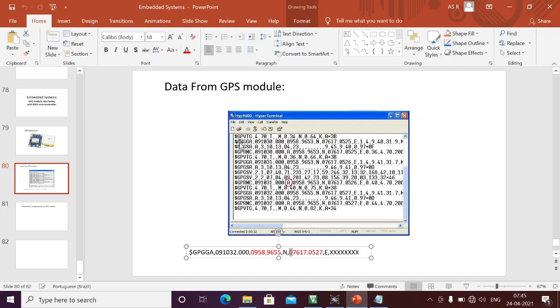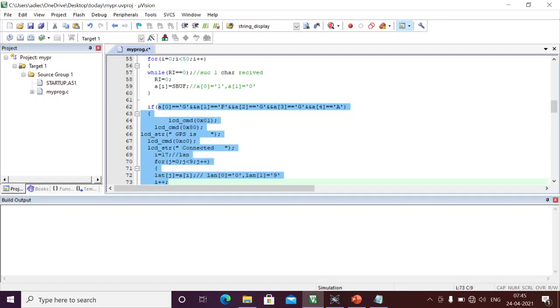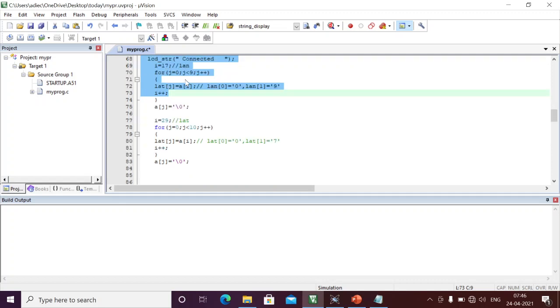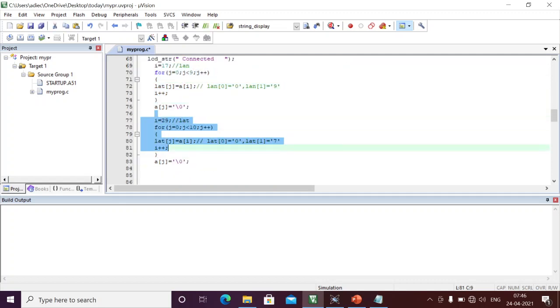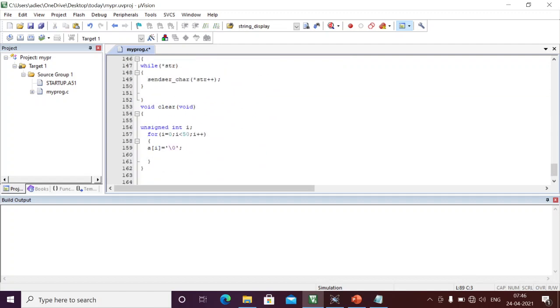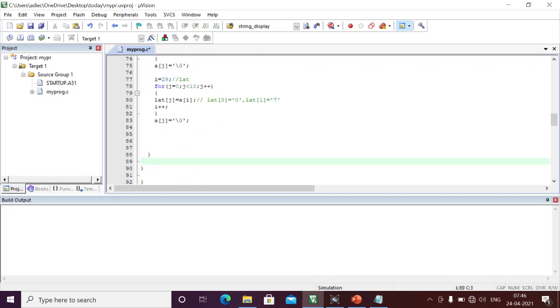And in the next row, I'm picking up the GPGGA, so that I will enter inside this if loop. Why? Because the first character is GPGGA, so I will enter here. I will pick up only the longitudinal data and latitudinal data, and finally I will clear the data. Here I will use a clear function, and I should clear whatever the received data, so that we can pick up freshly in the next cycle.